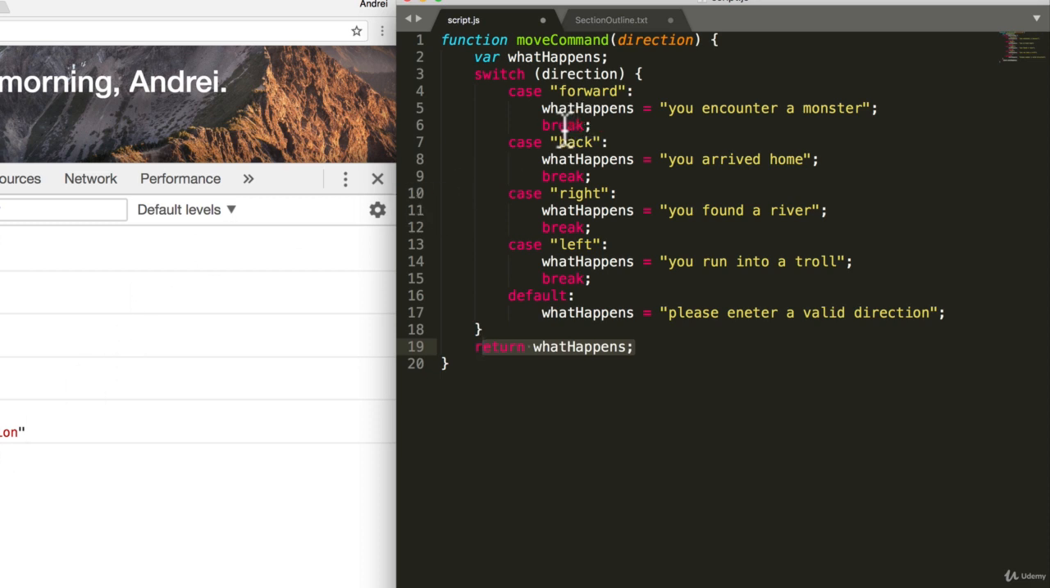Now finally, what is the break? Well, the break simply says if case is forward, then assign 'you encountered a monster' to the whatHappens variable, and then break. Break is just saying break out of the switch statement. So instead of the program then checking to see if case is back, case is right, case is left, or default, if we say break, the program stops here and then goes straight out of the switch statement to return